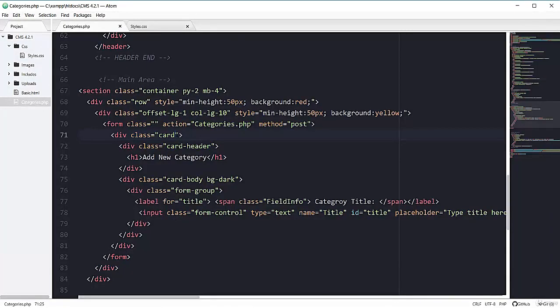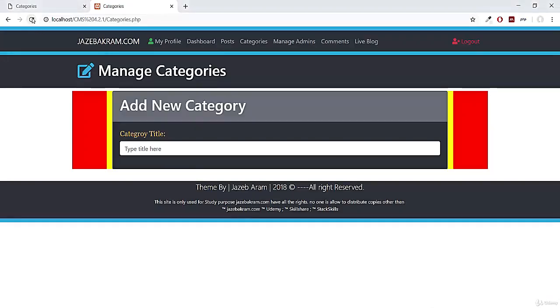So in this div of card, I'm gonna apply bg-secondary class for gray color, and my text should be light. So refreshing my page, looking great. Now let's also add some bottom margin here.